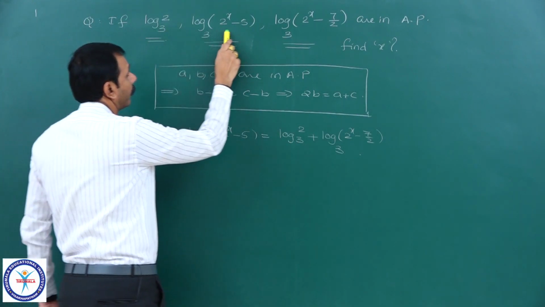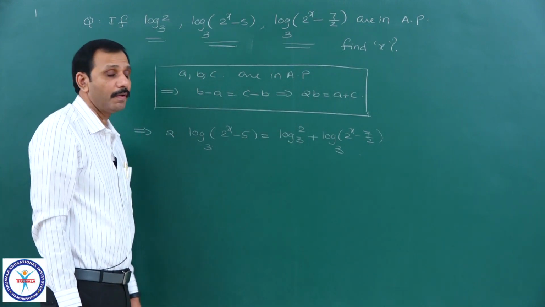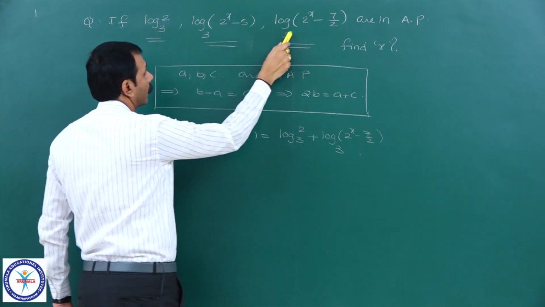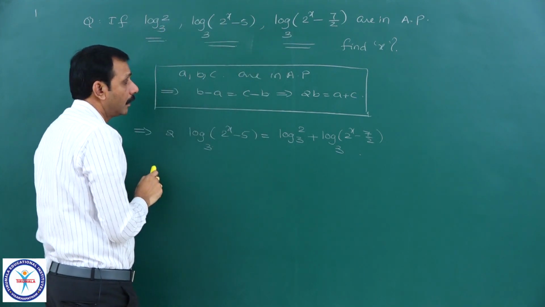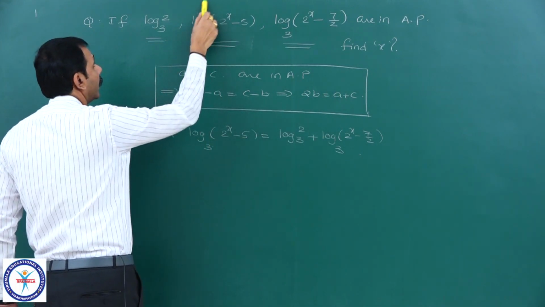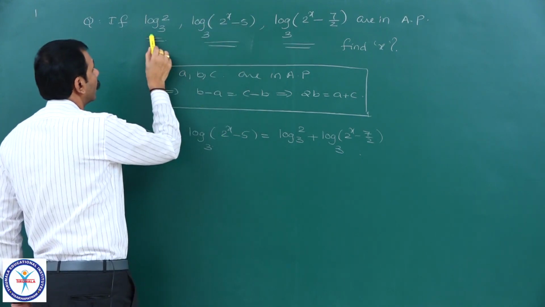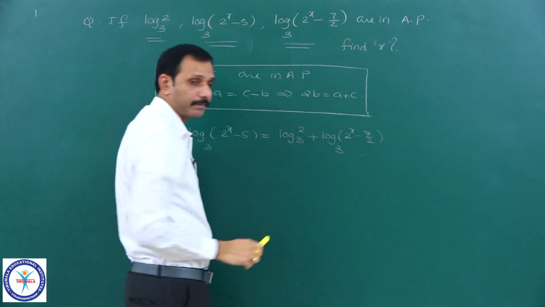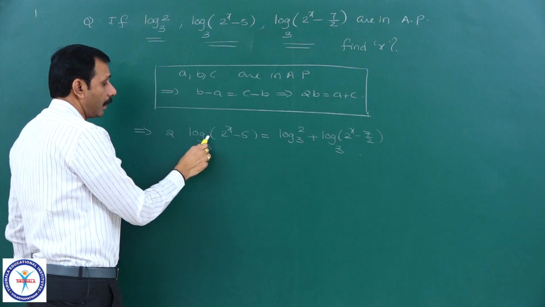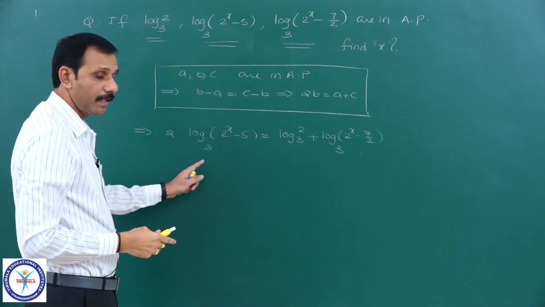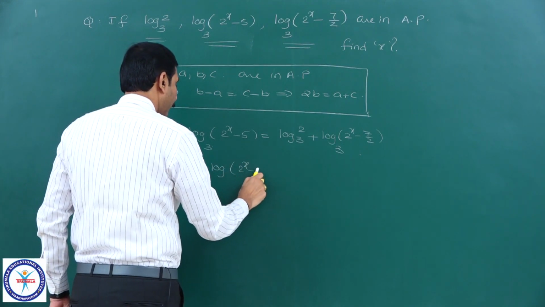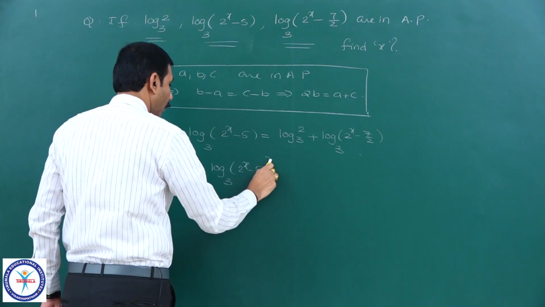Observe this. Of the form a, b, c are in AP, whenever a, b, c are in AP I can write second term minus first term equal to third term minus second term. That is nothing but 2b equal to a plus c. I have written that only. Here it is our b, 2b is equal to a plus c. Now again it is of the form m log a. m log a can be written as log a power m to any base. That implies I can write log (2^x - 5) to the base 3 whole square